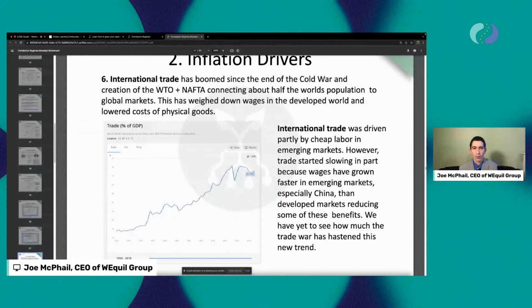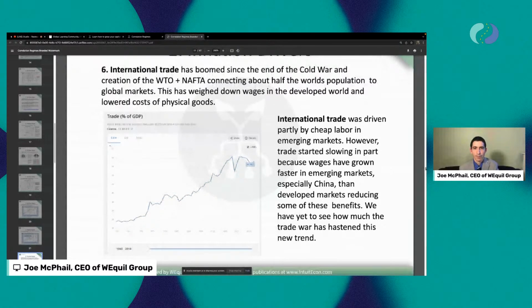If you're allowing countries around the world to trade, then the countries that are better suited for producing certain kinds of goods and services are going to be able to supply those to the rest of the world at a cheaper price. Coming out of the Cold War, allowing for more of this trade through trade agreements, all of these things helped to increase international trade as a percent of GDP. And these things also lend themselves quite well to moving out of that inflation period of the 70s and into the low, moderate inflation period that we've had for the past few decades.